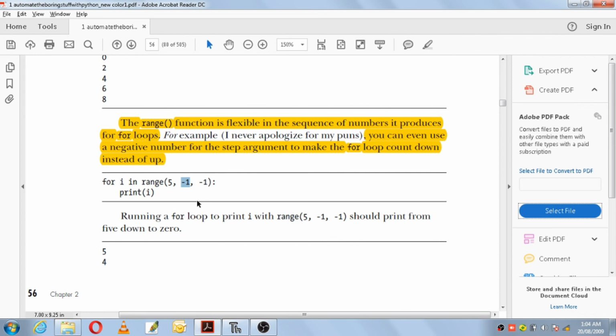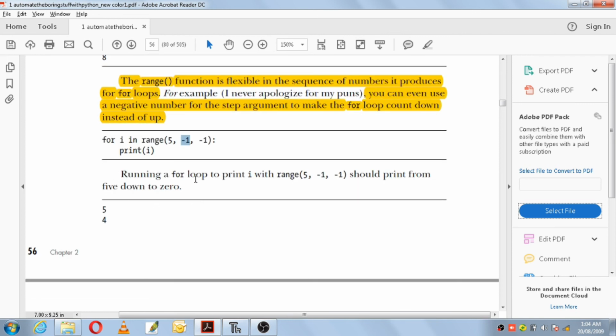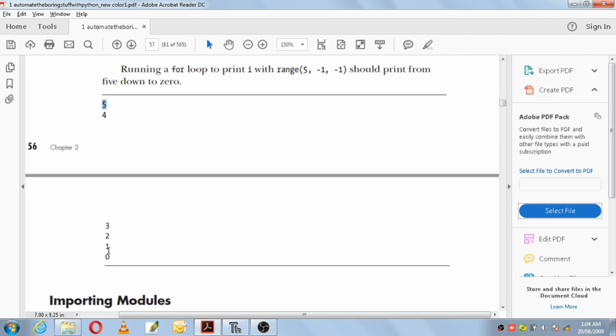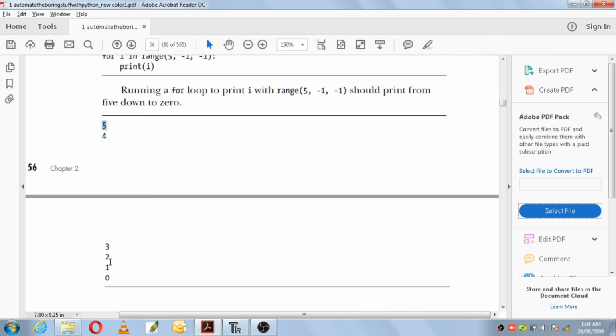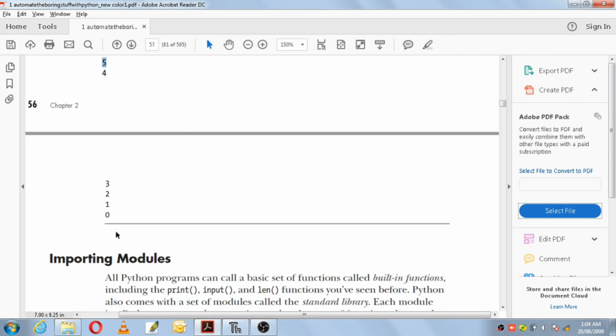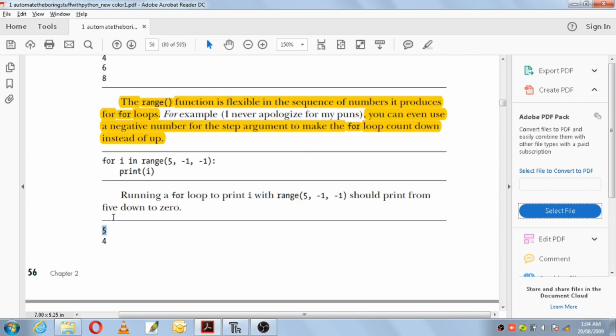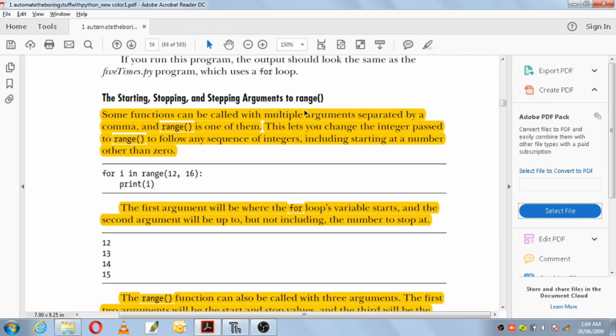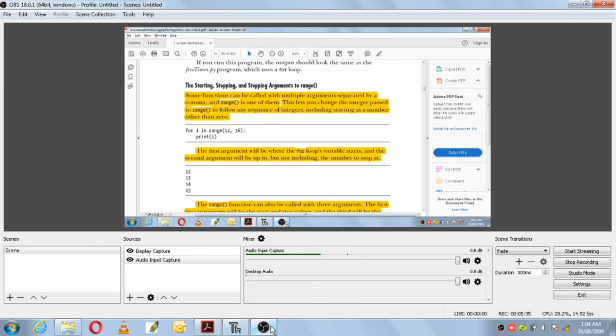Running a for loop to print i with range 5, -1, -1 should print 5 down to 0. -1 will not be printed, it will print up to 0. So this is how flexibly you can make use of the range function by passing 1, 2, or 3 arguments.